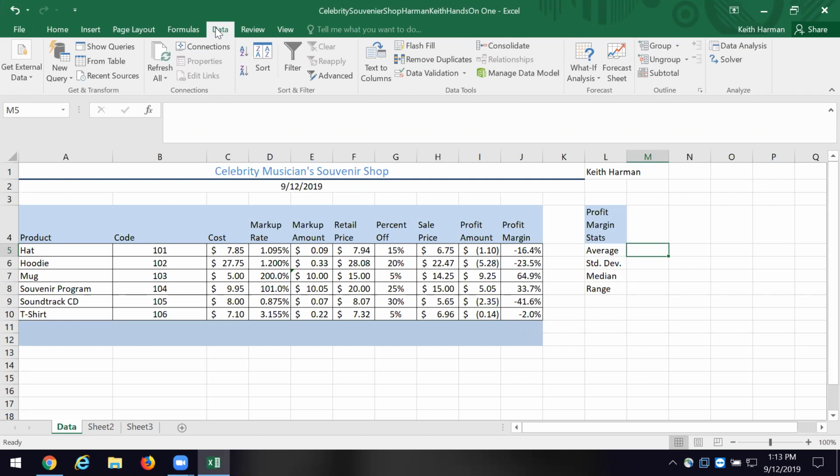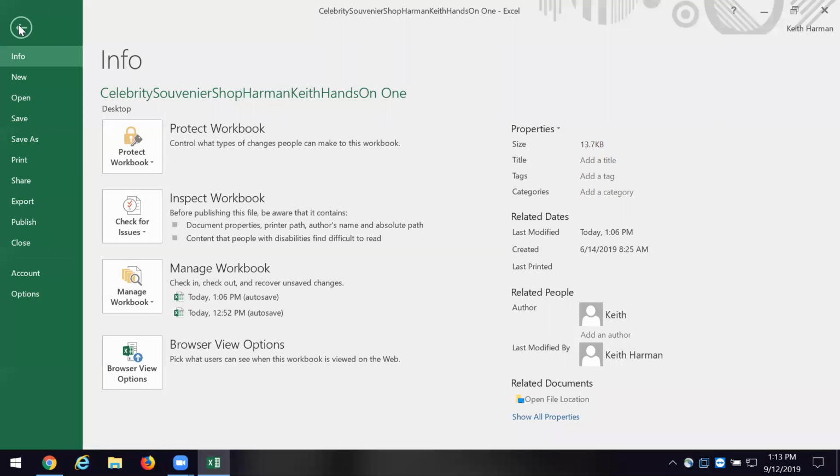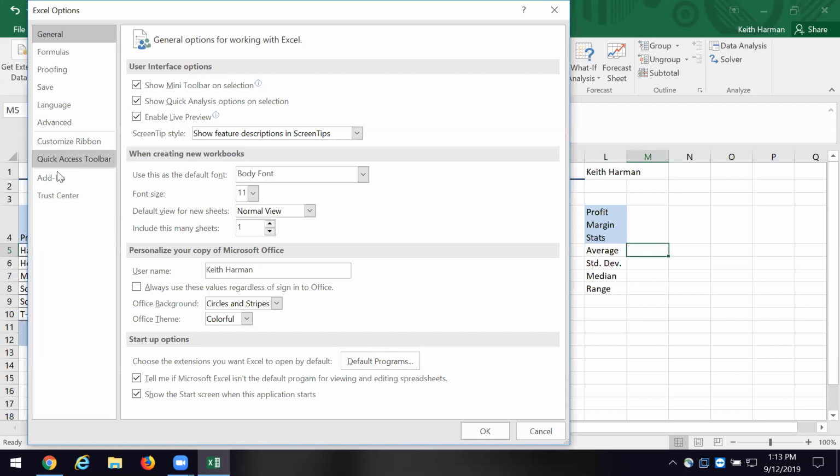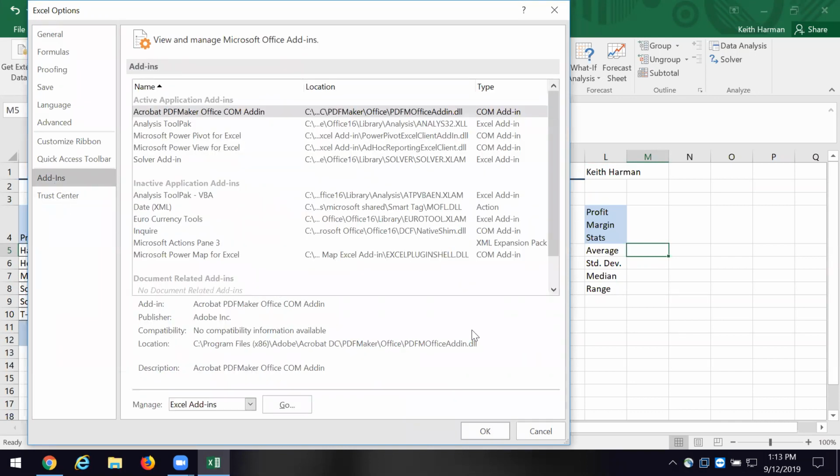You got that? If it's not over there, here's how to do the add-in. Click on File, come down and click Options, and then click Add-ins. So you click File, Options, and then Add-ins. When you look here, you're going to see those add-ins that are operative in your Excel workbook and those